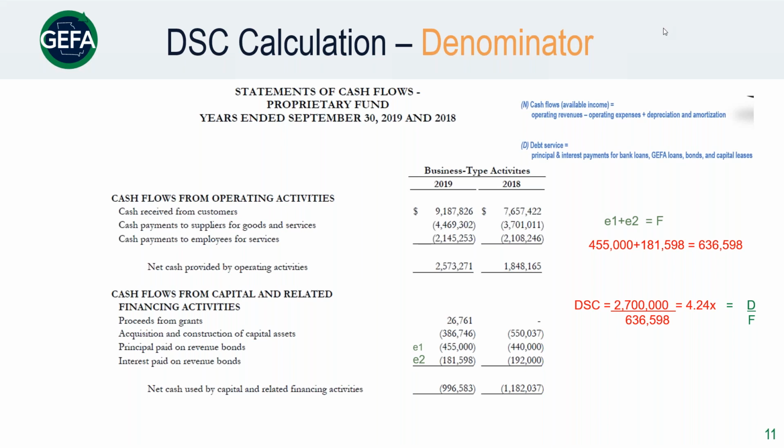So when you're ready to submit the loan application, you can look into your most recent audit and try to calculate that debt service coverage at your end and see how the numbers look for you, because that's exactly the way we will be looking at it as well. Okay, so